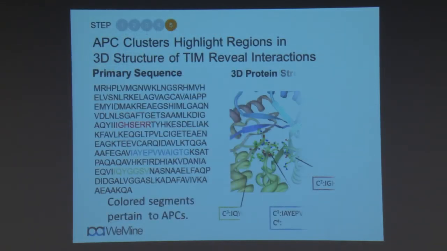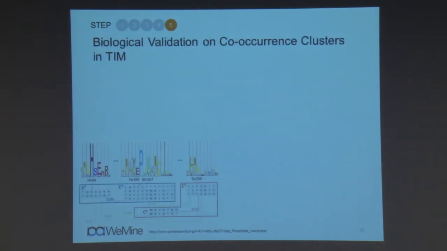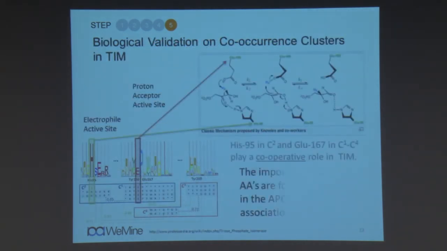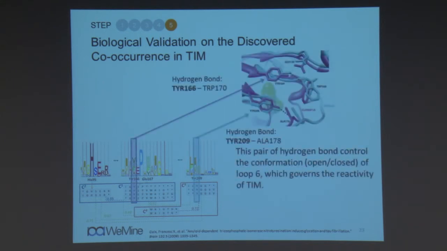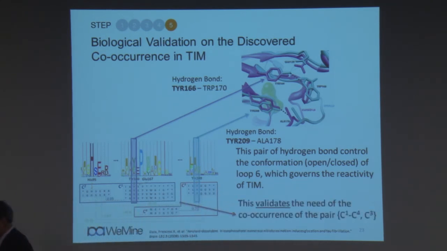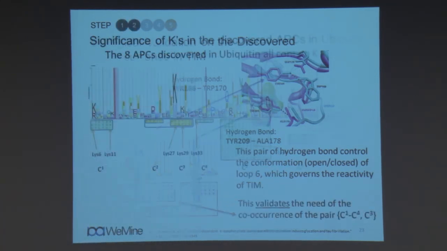Now, to further demonstrate, from now on I just show you that we are able to discover things validated by biologists and by biological papers and so forth. Okay, right. You can see the key things are picked up and then related back to the 3D well. And so are these other groups.